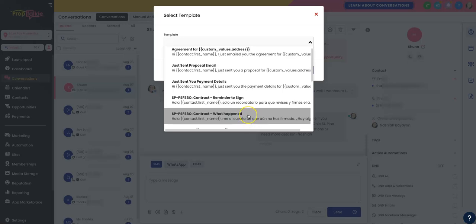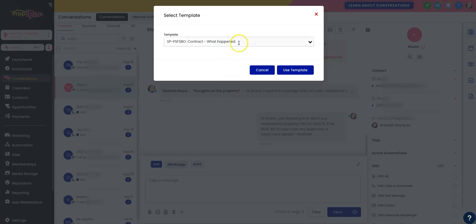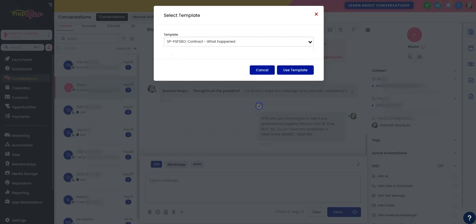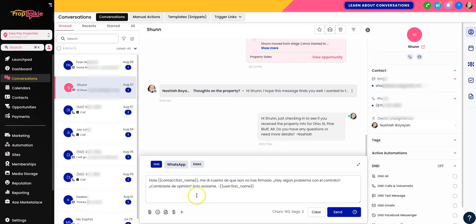So even if you don't necessarily speak Spanish, but you're communicating with someone who prefers Spanish, we've got the main negotiation messages in Spanish for you. So you could be like, hey, I just noticed this, what happened. We have it labeled in English, so you know what it is, but the message is regarding that. So for example, if I wanted to send this, I'd click there, say use template, and now the system is actually going to put their name in. Hi, hey, hola, Sean, right? And then it's going to put your name in there. So that's just an example of how to use the messages that we put in here for you,